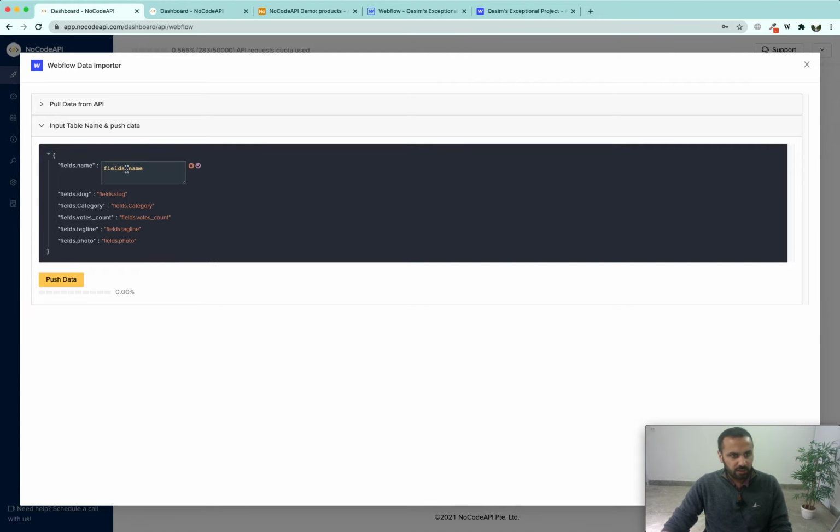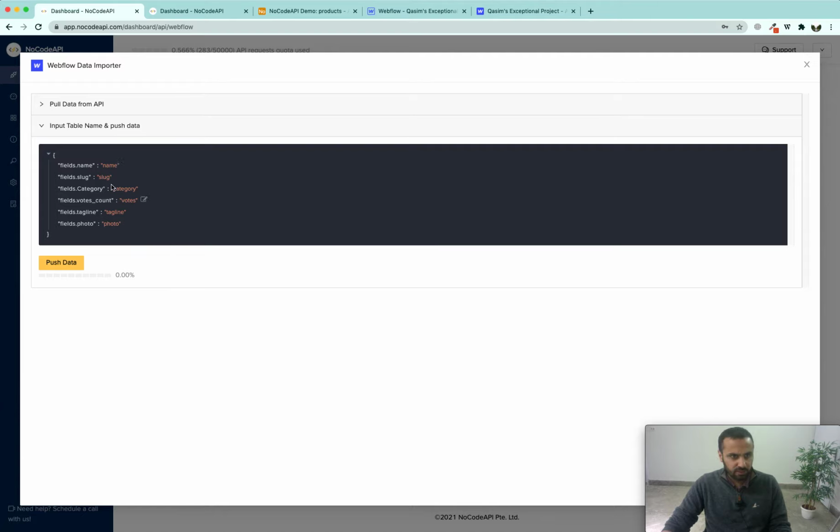By clicking on each value, we are going to change its name to the matching field name in Webflow. So category is category, and click on votes count and change it to votes. Next, change tagline to tagline, and in photo change it to photo.